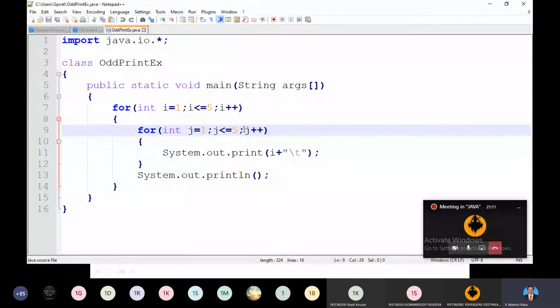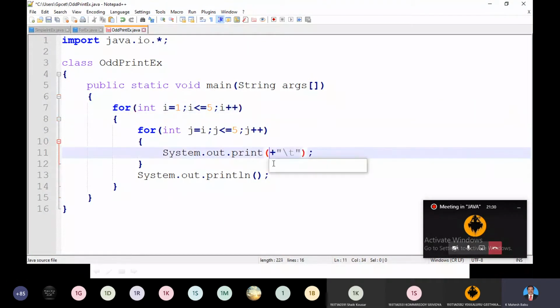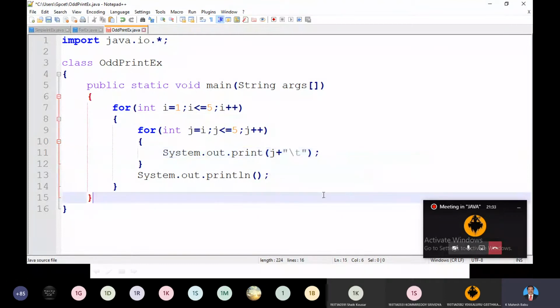For example, I want to print, instead of starting from 1, I restrict i to 5 numbers only, taking the length up to 5. But here, instead of starting the i loop from 1 onwards, I am printing from j onwards. And here I am doing a simple modification: the value of j. See how the output varies.